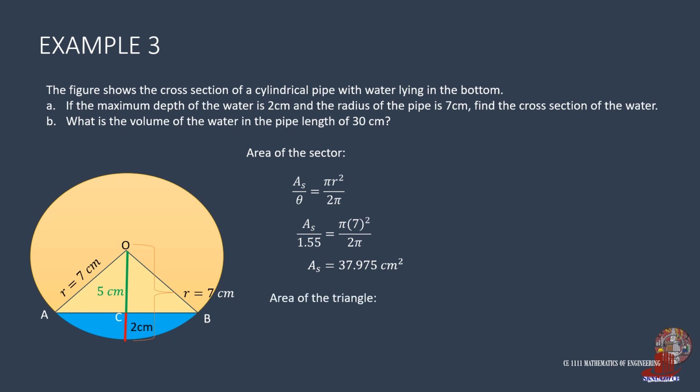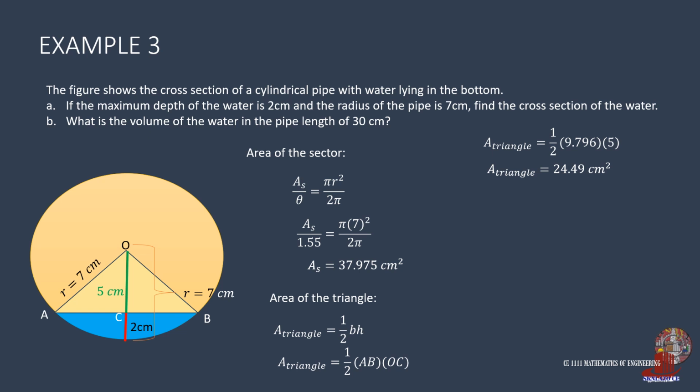Next is the area of the triangle, which is half of base times height. That is half of AB times OC. These lengths have already been determined previously, so the area of the triangle is half of 9.796 times 5, resulting to 24.49 square cm. The segment is then solved as the area of the sector less the triangle, that is 37.975 minus 24.49, giving the area of the segment as